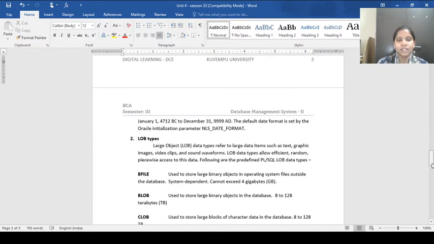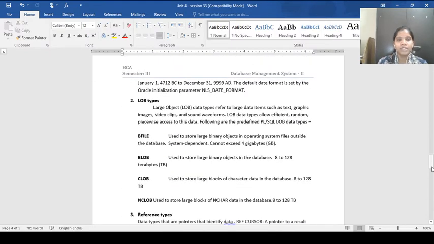So next is the LOB types. LOB stands for large object data types. That means it indicates large data items like text, graphics, images, video, audio and so on.